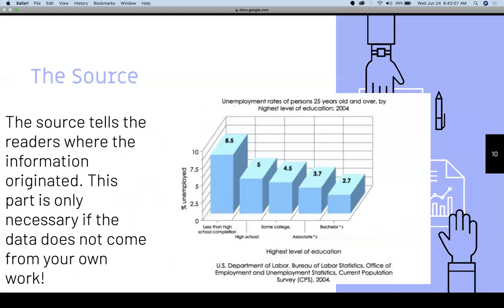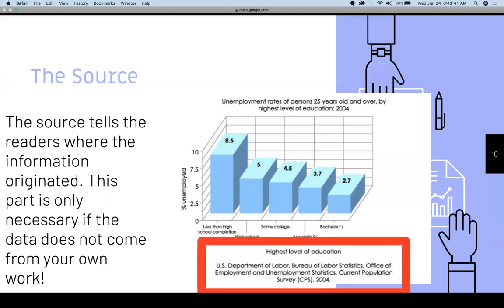So let's look at the source, right? The source tells the readers where the information came from, where it originated. This part is only necessary if the data does not come from your own work. So, for instance, if I take information from some other website and use it in my own conclusion, I can't just say that data is my own, right? That'd be plagiarism. What we would have to do instead is cite it, and you can put that site in the fine print at the bottom,